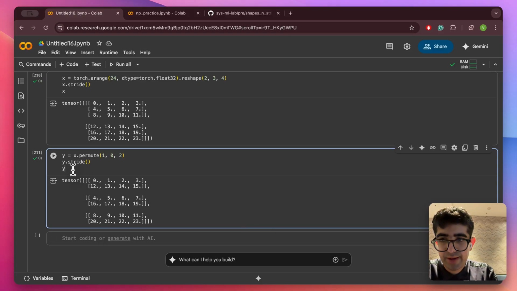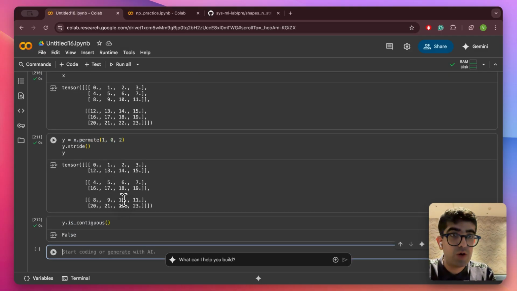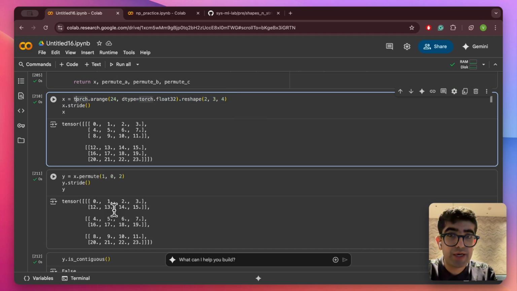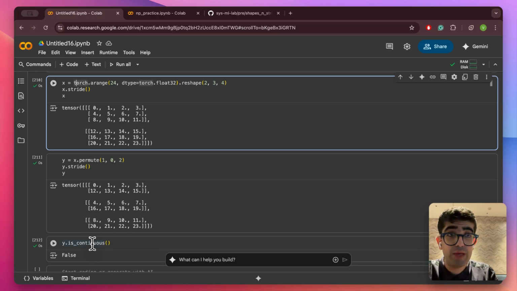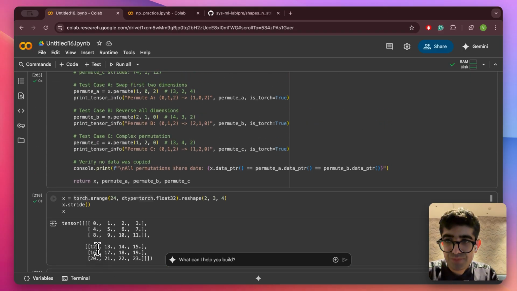Now, the key insight here is that Y is actually not contiguous because its row major order conflicts with the way that the underlying tensor X over here, this tensor, is stored in 1D memory. Because of this conflict, Y is not contiguous, but it still references the same chunk of memory, just using a different stride